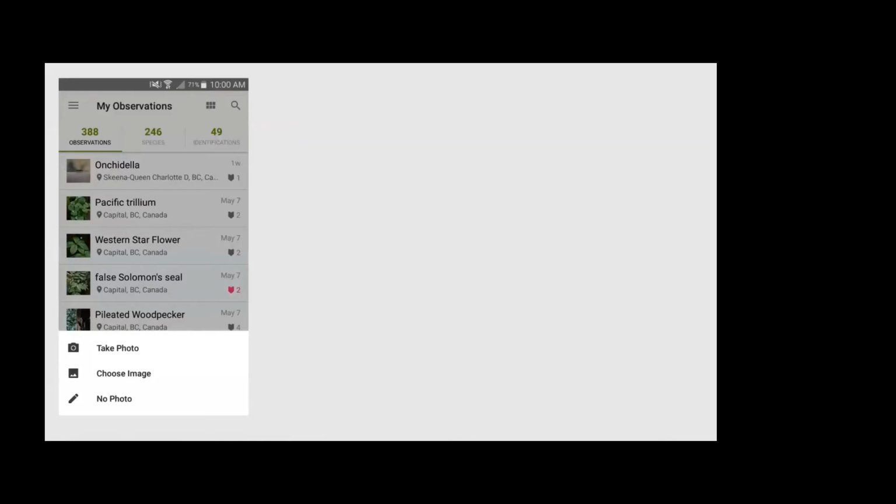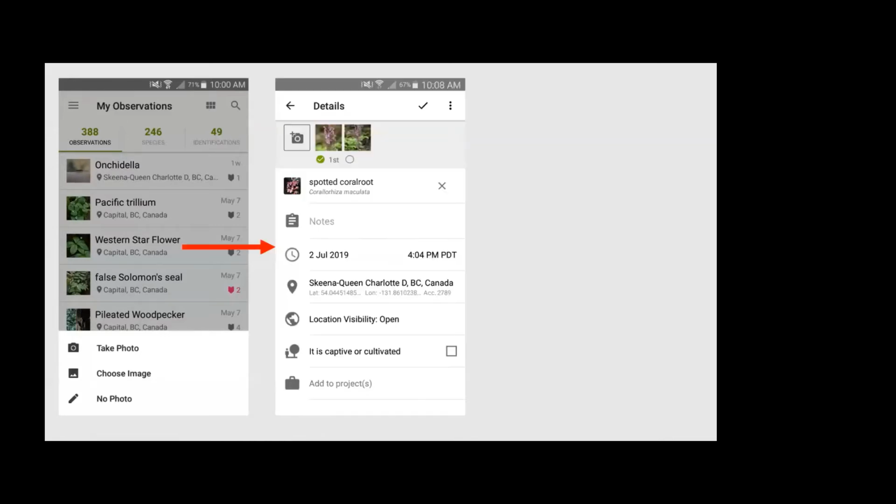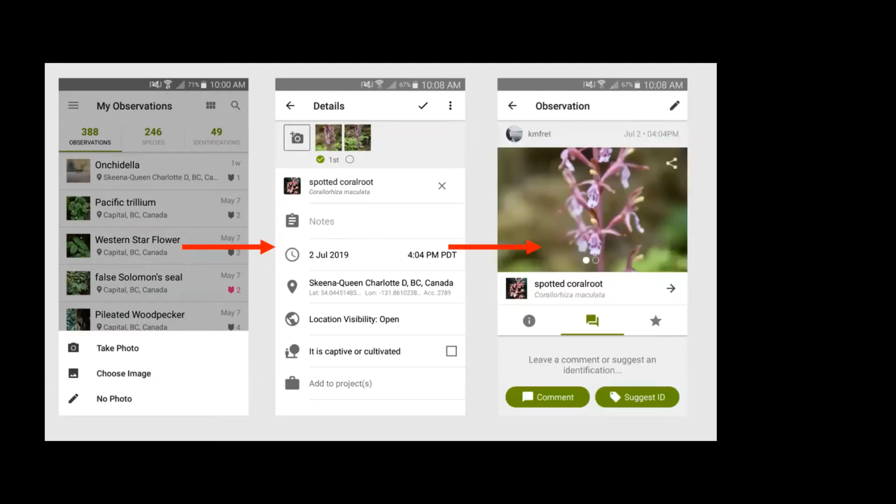These screenshots show the process of uploading a photo observation. So I had already taken the photo, so I selected choose image. Then on the next screen, fill in all the details in that middle screen there. So when you tap the field for species or what did you see, iNat provides a handful of suggestions. I could either choose one of the suggestions, search for something else, or type in a placeholder name like plant if I'm working offline. In this case, I knew it was spotted coral root, which was the first suggestion, and